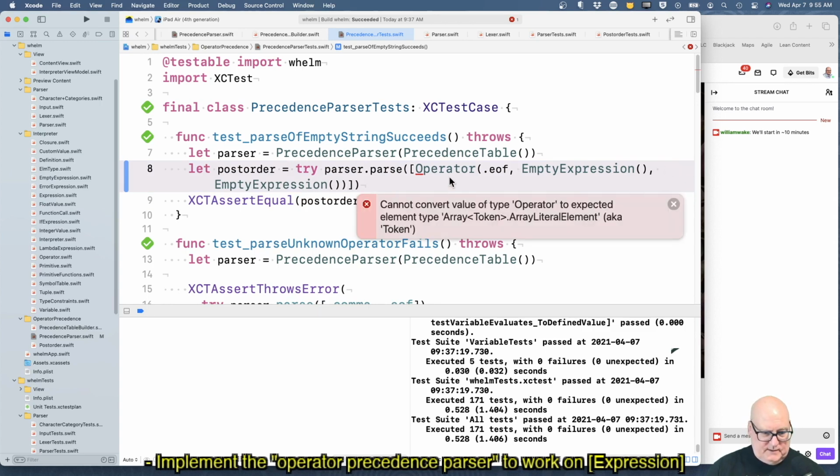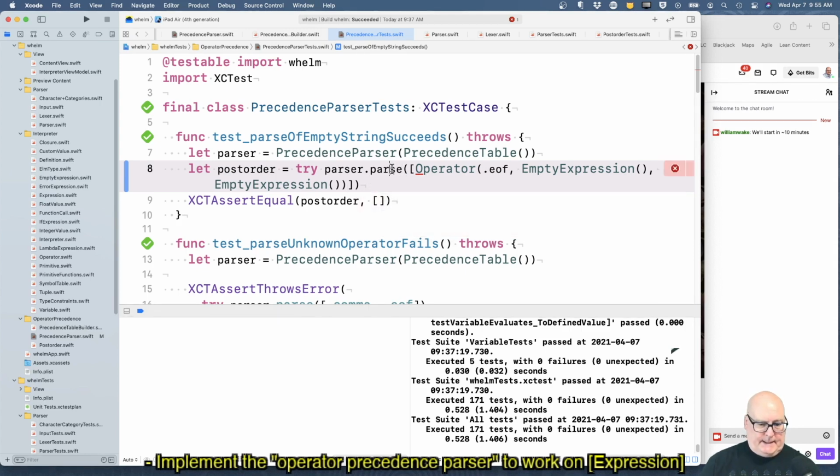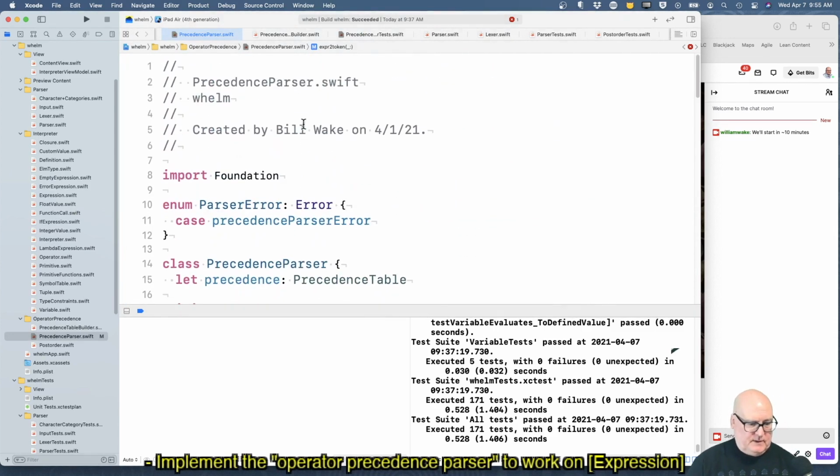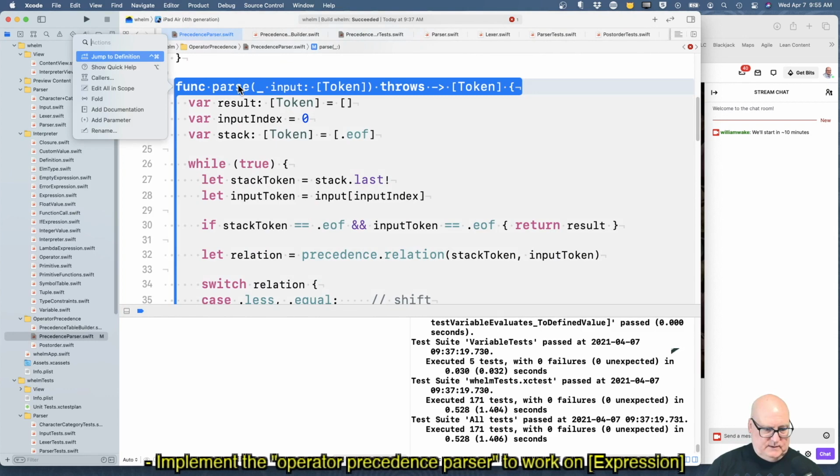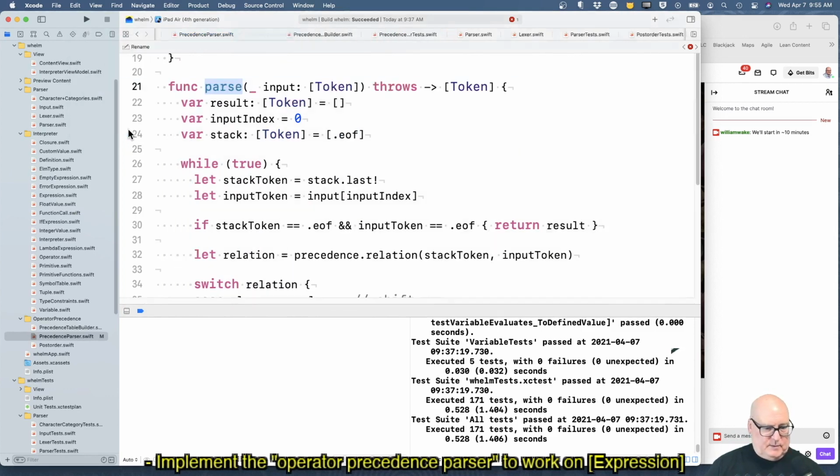Cannot convert value operator to expected type array of token. Let's rename the first one, this one, to parse2.